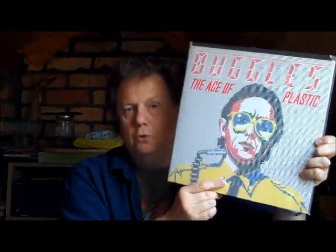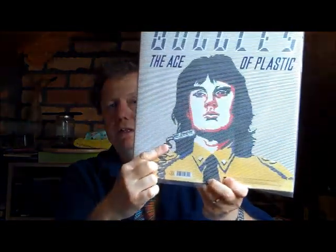This is Trevor Horn, and this is Jeff Downes. While they were making this, interestingly, this is quite a well-known story, but I'll talk about it now. In the studio, or in the next studio from where they were, the remnants of Yes, and I think they were minus a keyboard player, and they were minus a vocalist for some reason. I don't really know why, but